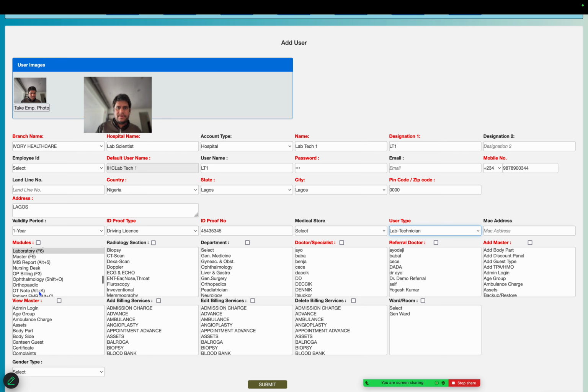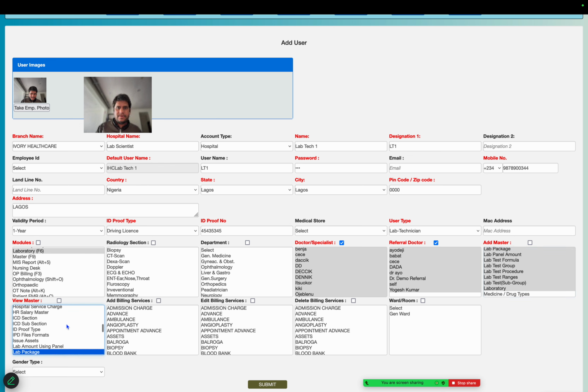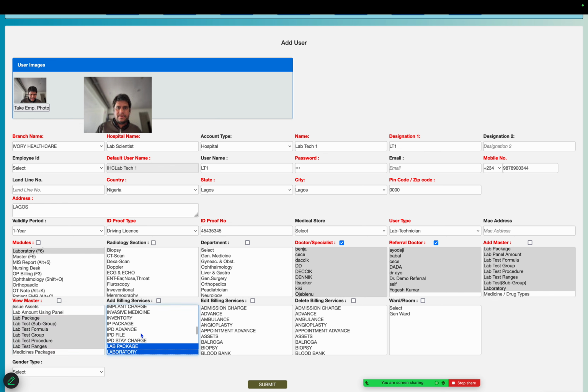Correct. So this is only done, and here all doctor permissions for the lab technician, so he can maintain the services. And in the master module you can select the laboratory services only to manage the service things. Under add master, view master, we can have laboratory permission selection only. And here in billing also only laboratory packages and lab item services, they can perform lab and this item, and no delete request is required. So this way we can make a lab user with the name LT1 and LT1 as the password. Okay.